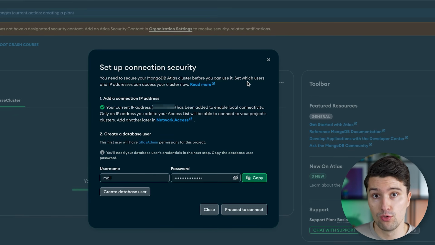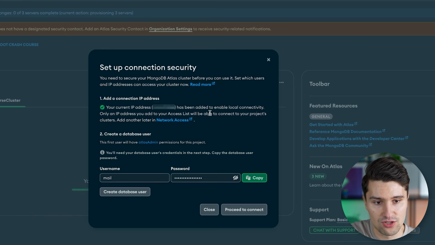And of course, if your server, your Spring Boot backend, is deployed to a server that has a clear static IP address, then it makes a lot of sense to restrict the communication to your MongoDB instance to only that IP address. Because then only your specific server where you've deployed your Spring Boot backend is able to talk to your MongoDB instance. Of course, if you want to connect to your MongoDB instance locally as well, so from your local machine during development, then you also need to make sure that you add your local IP address. So for me, MongoDB already inferred this. This has already been enabled